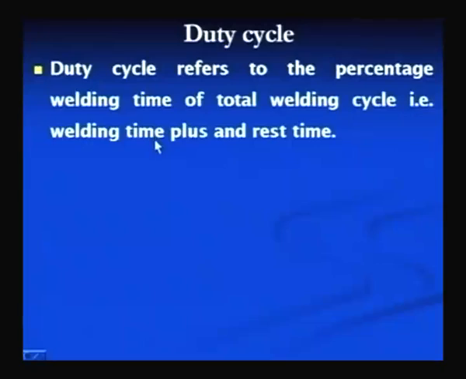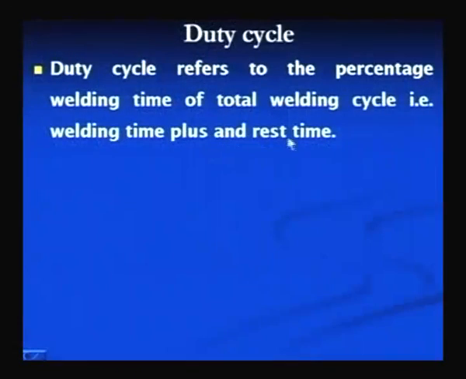and after the welding for a few minutes it will be stopped for some time. So, the time when there is no flow of current and no arc will be considered as the rest time, and the combination of the two, welding time plus rest time, is referred to as the total weld cycle